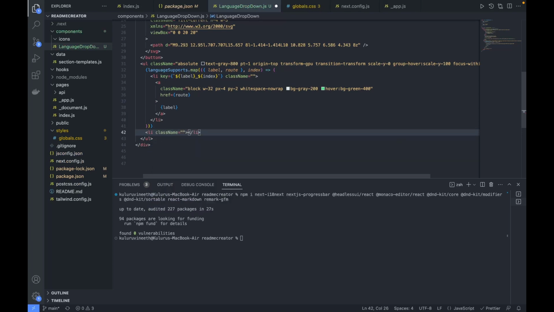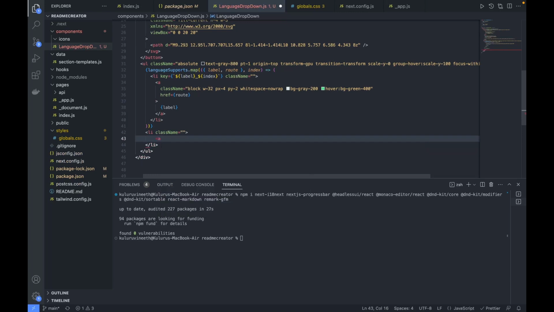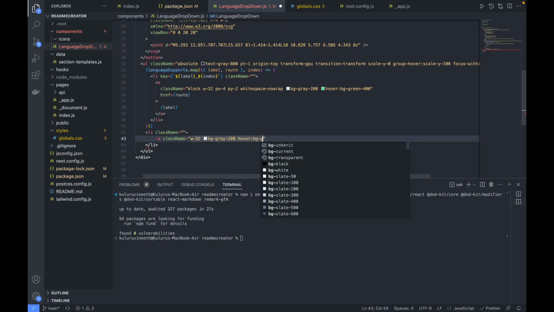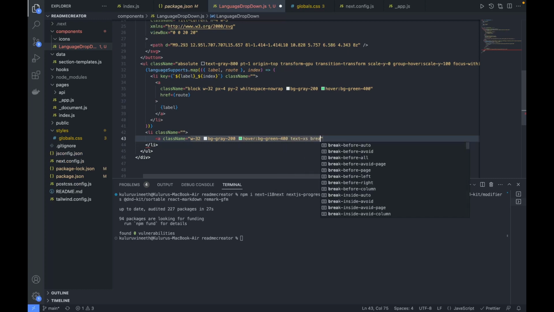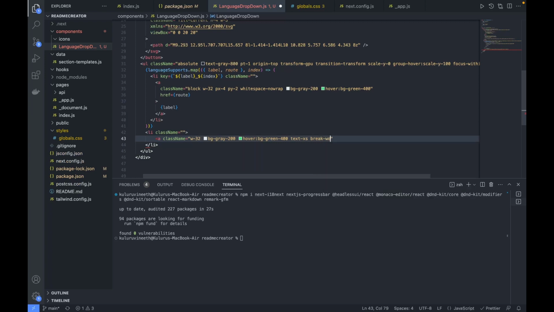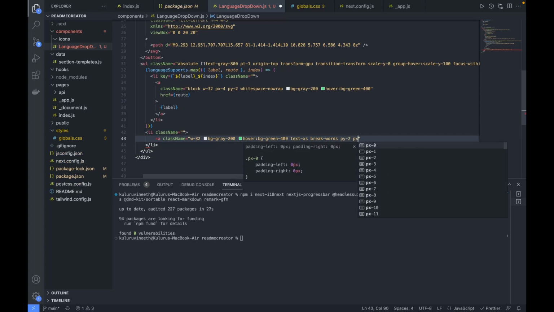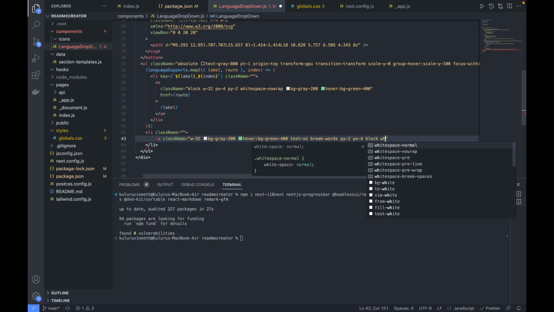Okay, so let me use the list tag, and the class I would not decorate anything for that, and add the same styling, same like width 32, background gray 200, on hover I'll make it a little greenish 400, and text as extra small, and break into words if it exceeds, and the padding y direction 2 and padding x direction I'll make 4 and display I'll make a block and white space no wrap. Okay,